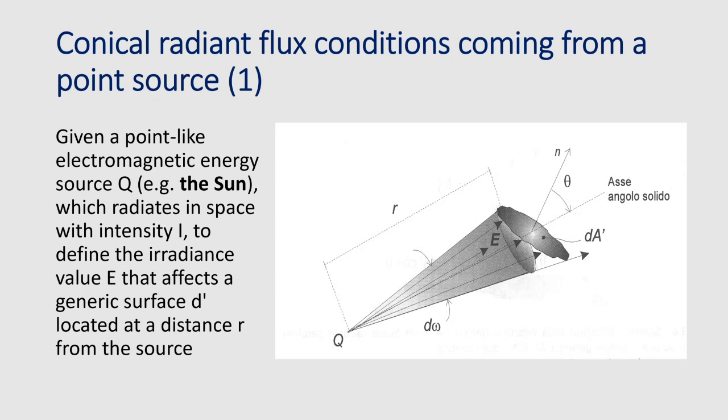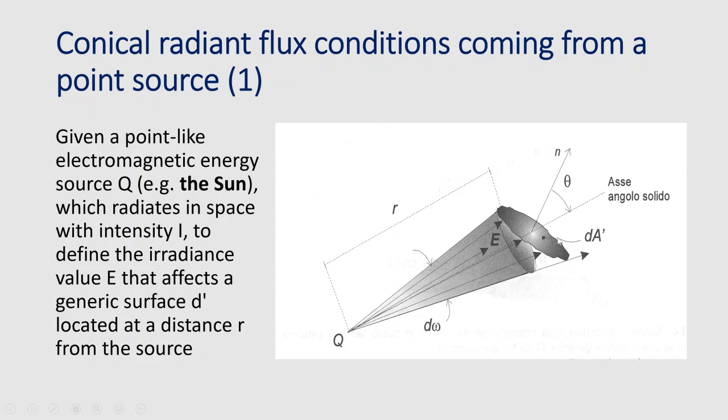This is the example: we have this point-like electromagnetic energy source Q, that is irradiating to a particular distance R from the source in a given surface